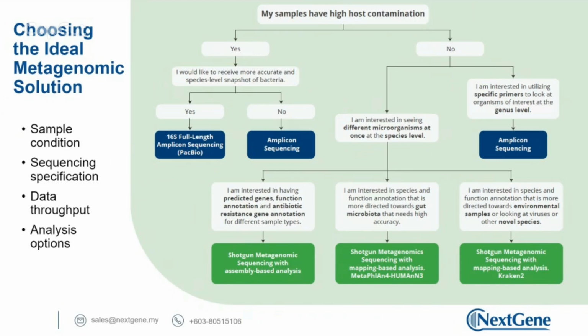But if, let's say, we want to look into the genomes of the members inside the samples, then that will be the shotgun metagenomics sequencing. And through the shotgun metagenomics sequencing, we will not only discover who is there inside the samples, we actually have all the genes of those members inside the samples. So we can know what kind of genes are contained in those microbes, and then likely what kind of functions